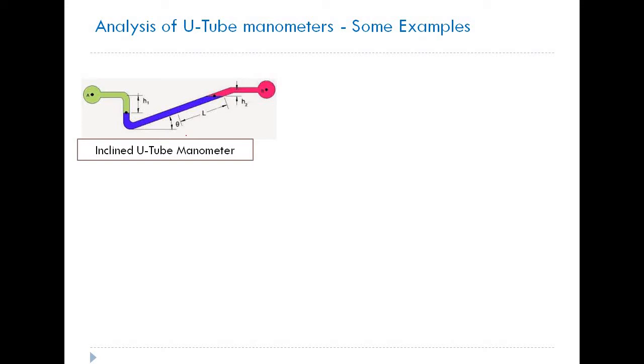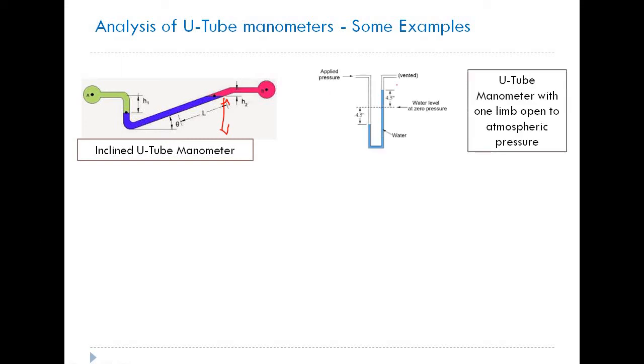This is an inclined U-tube manometer. See, what is the only difference? The right limb is inclined. This will save space in a pressure measurement arrangement. Here we need to measure this vertical distance. How to estimate it? Once we know this angle theta and this length L, you can find this vertical distance, because sine theta is this vertical distance divided by L. That is the only difference. The principle of operation and the estimation of pressure difference remain the same as in the differential U-tube manometer. Okay, this is again another case.